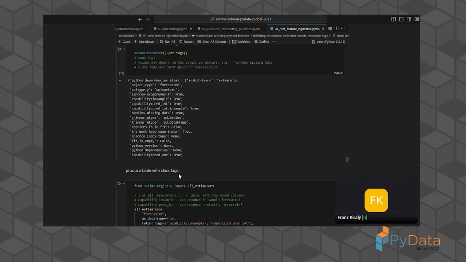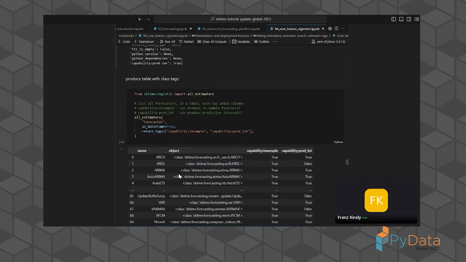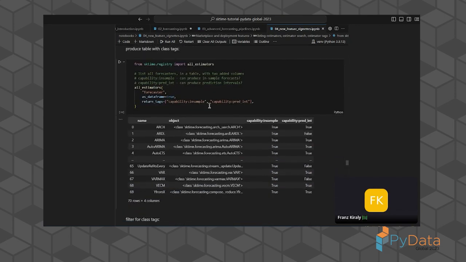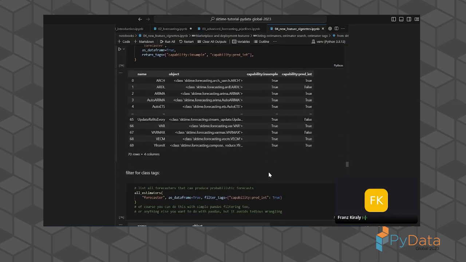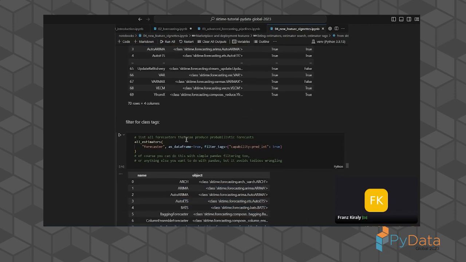Using all estimators might be useful for search. So list all forecasters with whether this forecaster has the capability of in-sample forecast or making probabilistic predictions. You can also use the utility to filter. Of course, you could filter directly via the data frame here, but it's also a convenience function with the all